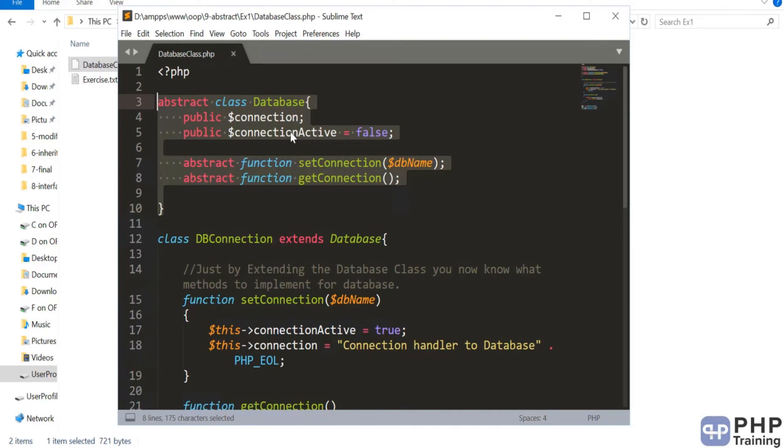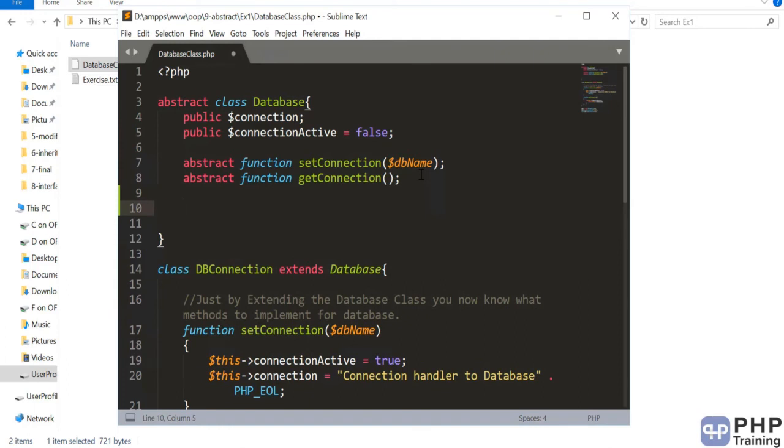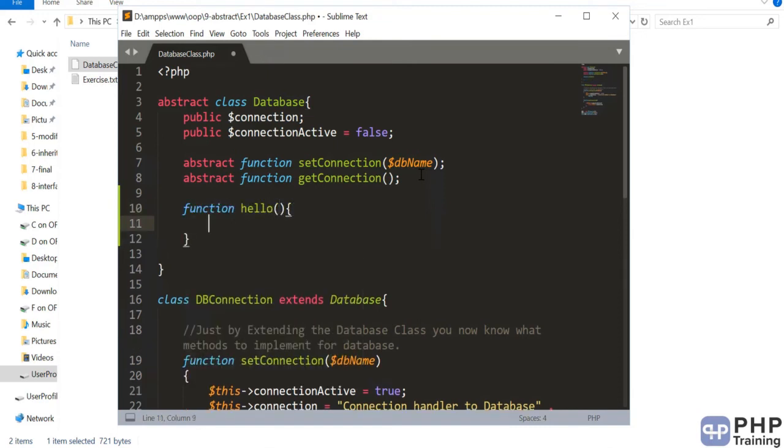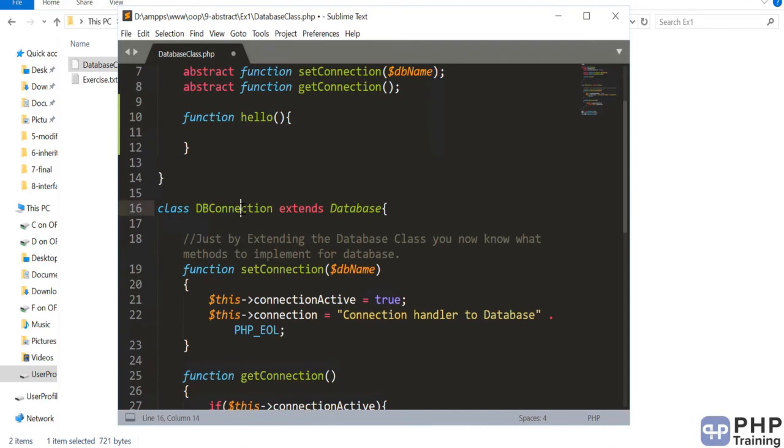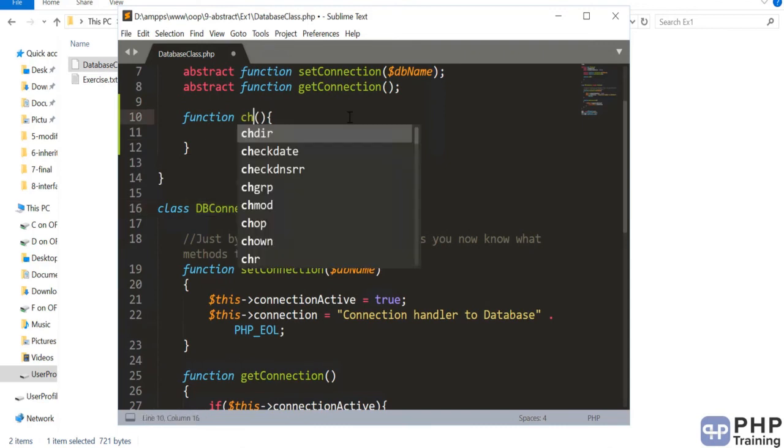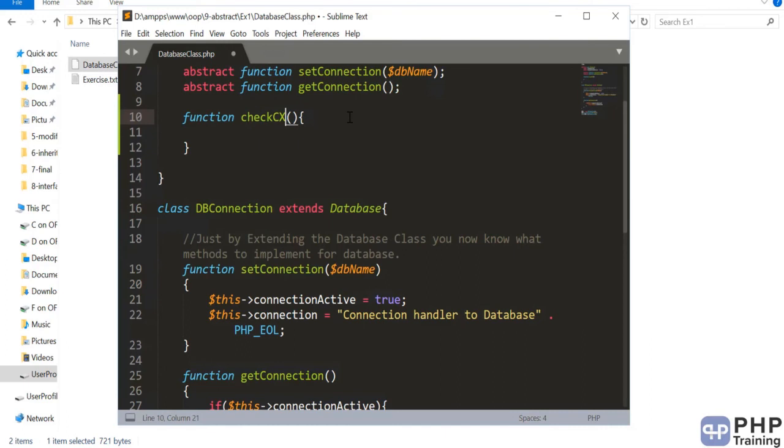The implementation you can do per project, and for every project you do, you extend this abstract class. By doing that, you will get to know the method names, and then you have to implement the same method names. And then this becomes a helper class, right? If you want to really do something with implementing some methods here, you can also implement the methods here, right? And then you can actually access them directly from the DB connection. Okay, you can check connection active. You don't have to do this method implementation in the DB connection.